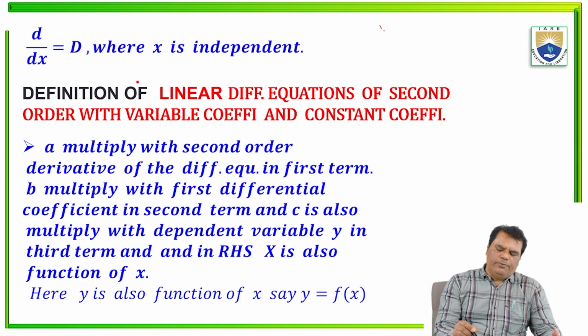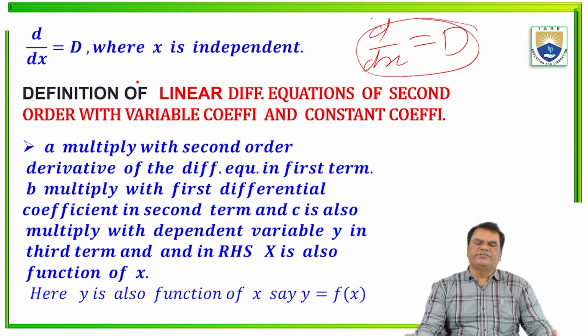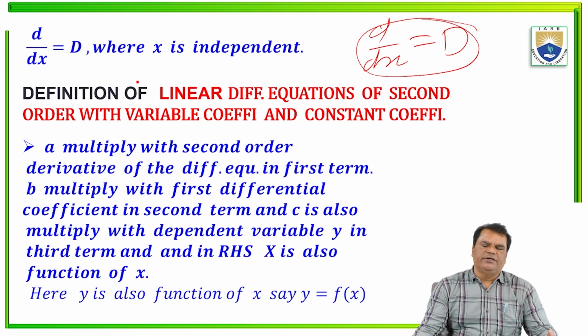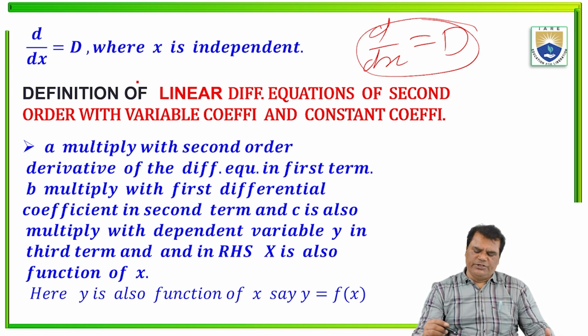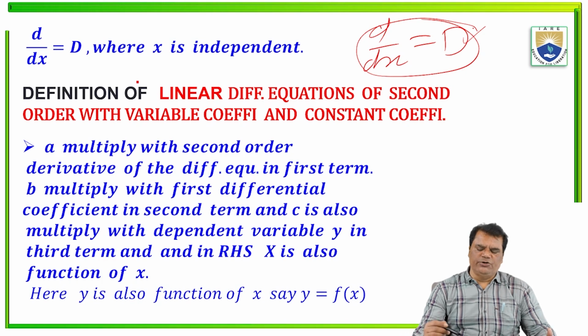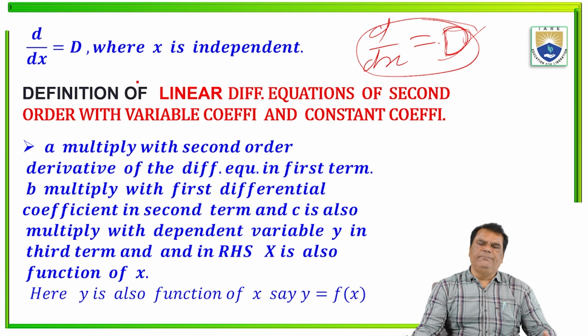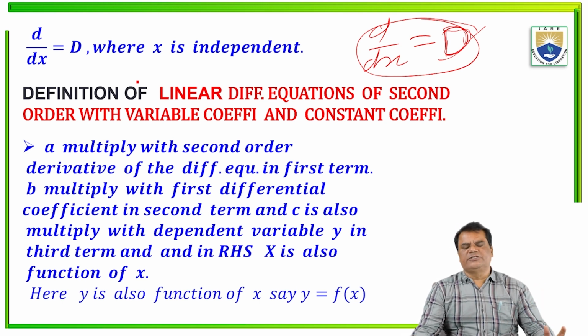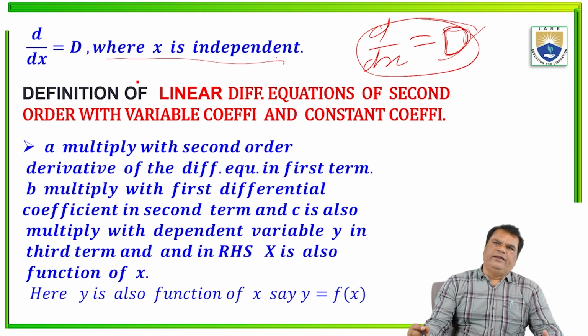Here d over dx is D. This is the differentiation operator with respect to x. D is known as the differentiation operator with respect to x, represented as d over dx. In any place in a differential equation, capital D means differentiating with respect to x, where x is the independent variable here. Now we want to define